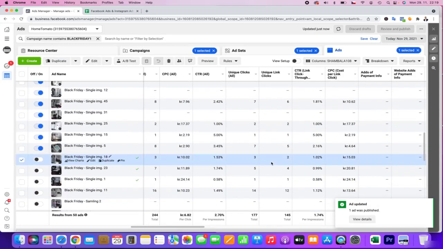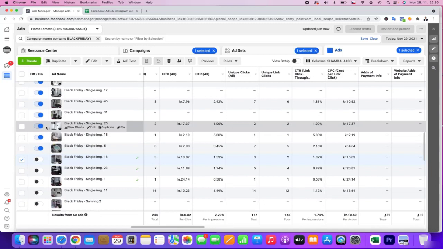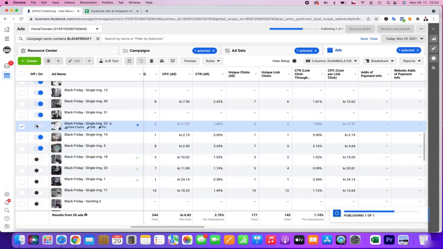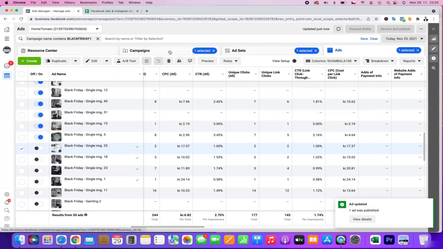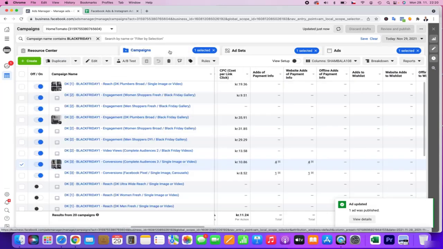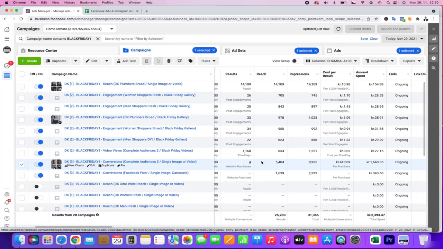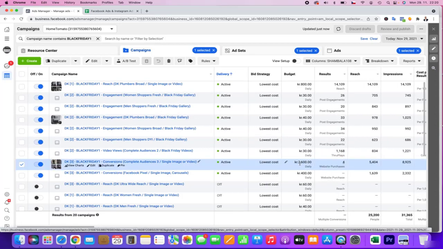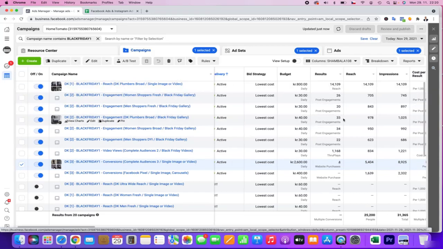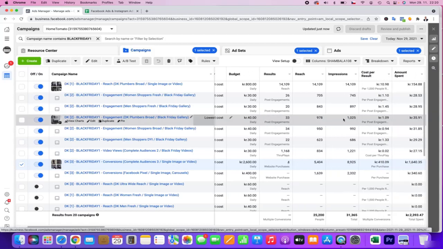And basically, as you can see, I had to turn off quite a few, and still we have the last 2 hours, so hopefully some nice sales will come up. But basically, as you can see, it's the same system: reach, engagement, video view, and of course the majority of the budget is definitely given to conversions. And basically this is the main goal, to convert. But now, because my budget for today is not fully used, I will try to reach out more.